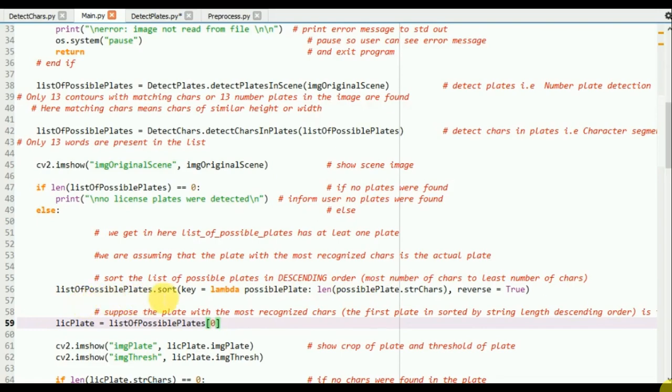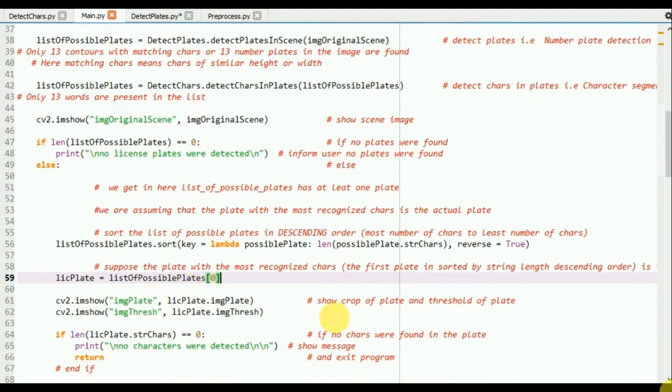So now we are sorting the list of possible plates in descending order, from the most number of characters to the least number of characters. We use list of possible plates dot sort, sorting based on the number of characters in that possible plate. So the plate with the most recognized characters will be our number plate.